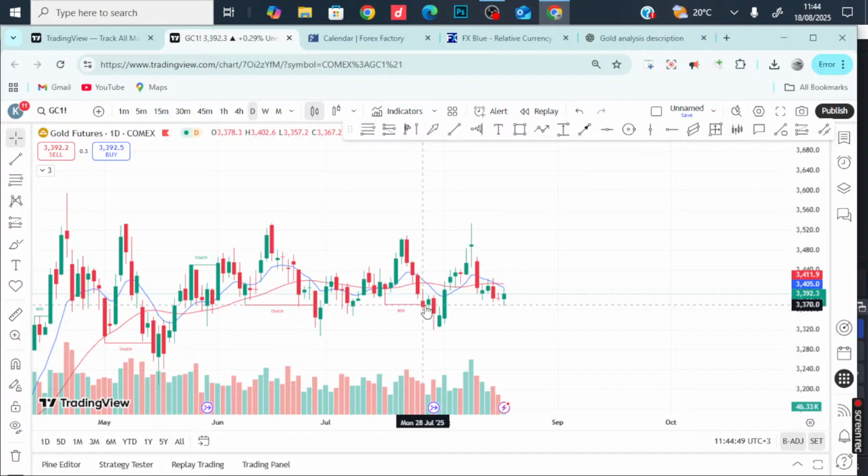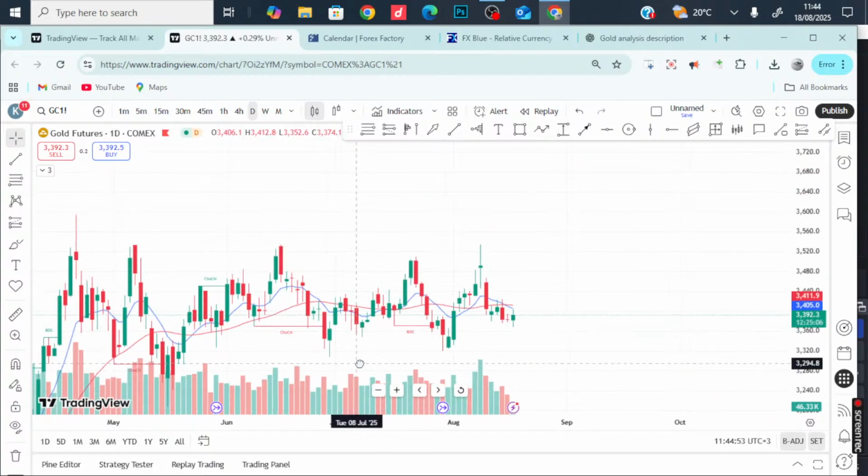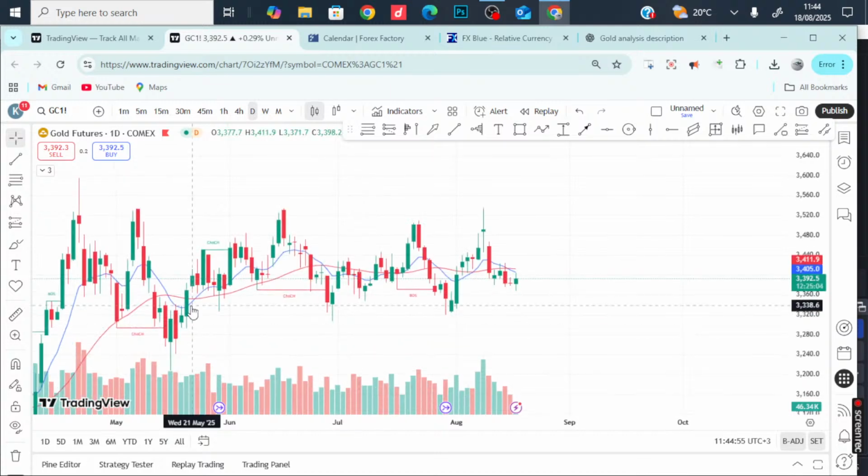It had a good trend in the previous days, but for the few months, let's say from May, June, July, August up to now, the market has been in a choppy trend. But it's okay for us. We can always trade even in a choppy trend because our analysis allows us to also trade in those choppy trends. So majorly